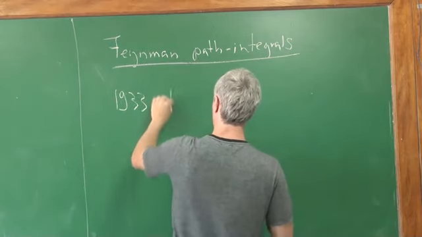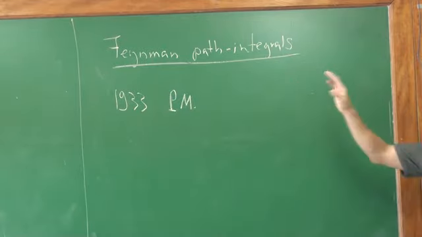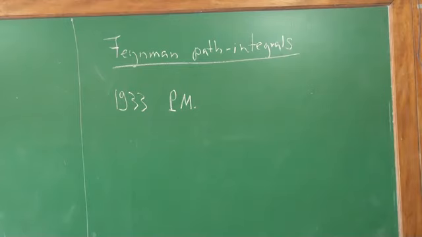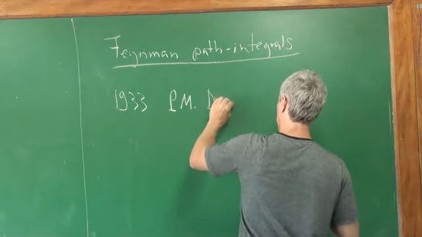In this Lagrangian formulation of classical mechanics, the classical action plays a fundamental role. Also, in 1933, Dirac asked in a paper